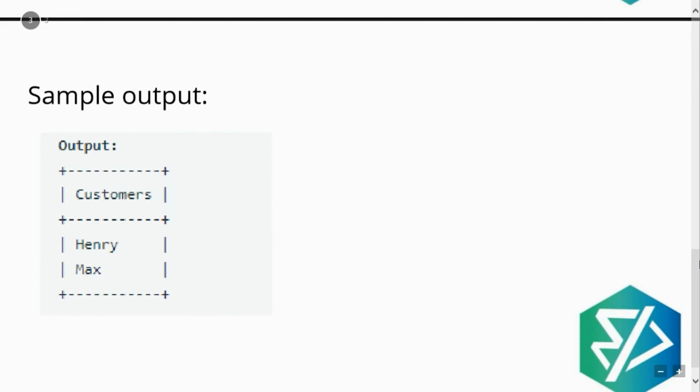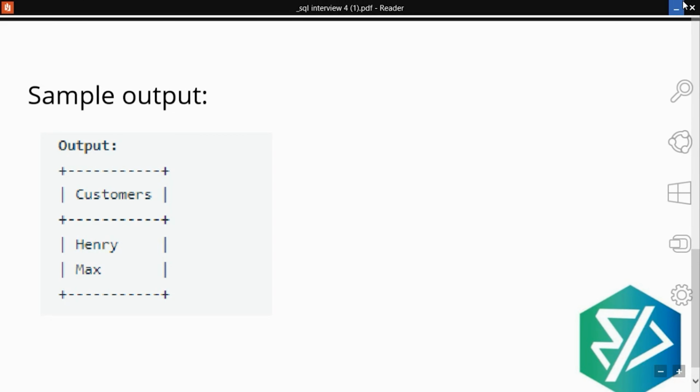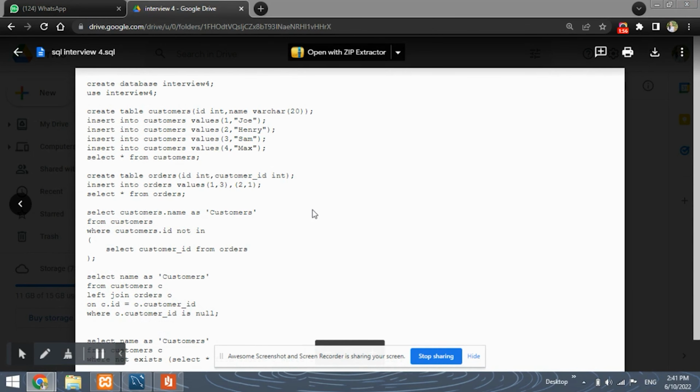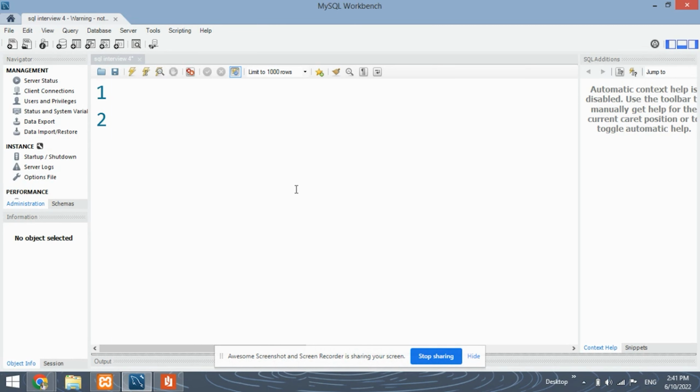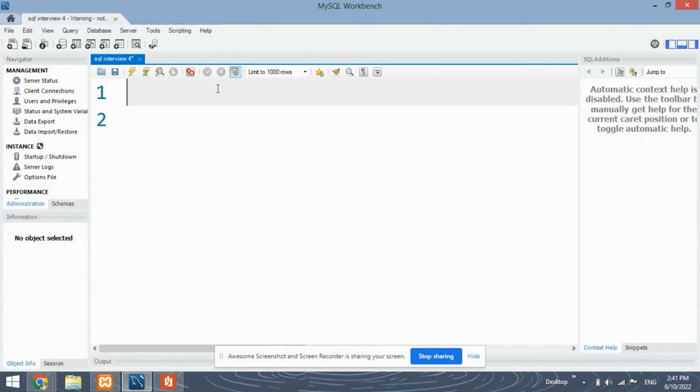Okay, so let's see how this question is coded using SQL. For solving this question, we are using the MySQL Workbench. You can use any stable version in your system. Okay, so let's begin. We are going to use three solutions to this question, and I'll explain those three solutions to you. First, let's start by creating a database using the create database statement,